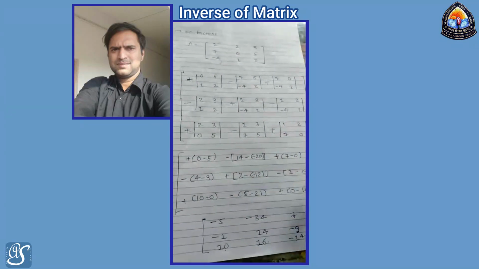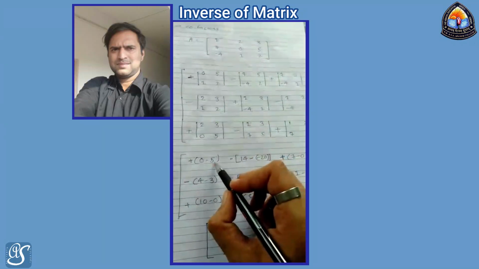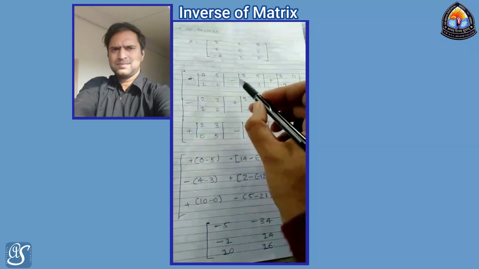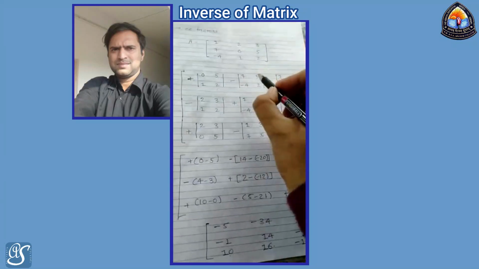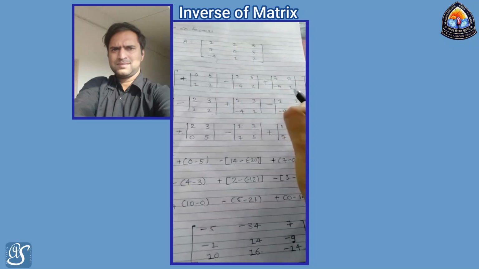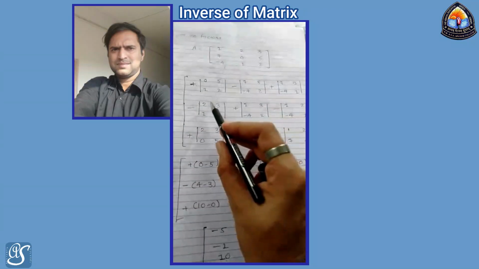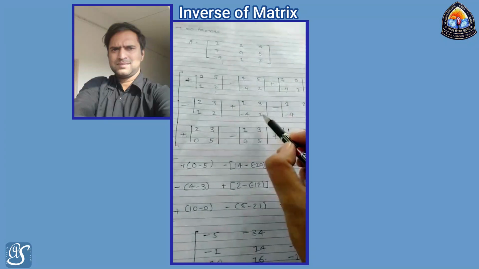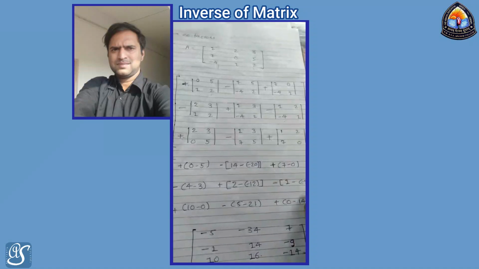Now find out the values. 0 into 2, 0, minus 5 into 1, minus 5. Put a plus sign outside the bracket. Now here minus: value 7 into 2, 14, minus bracket 5 into -4, -20, plus 7 into 1, 7, -4 into 0, 0. 2 into 2, 4, minus 1 into 3, 3. 1 into 2, 2, minus bracket -4 into 3, -12.